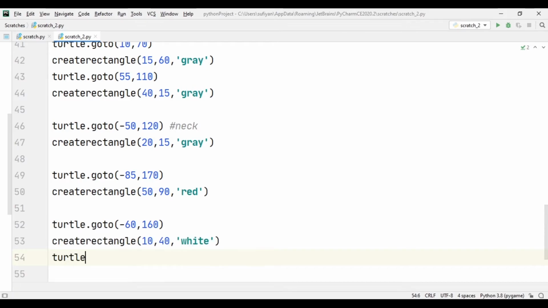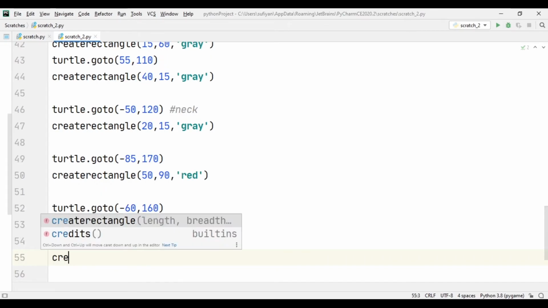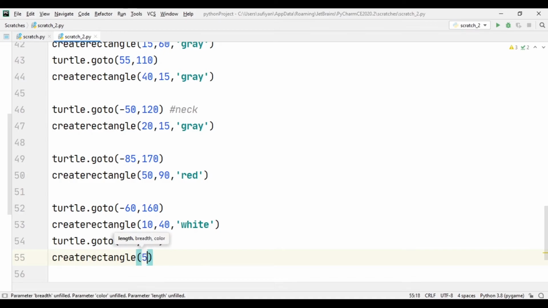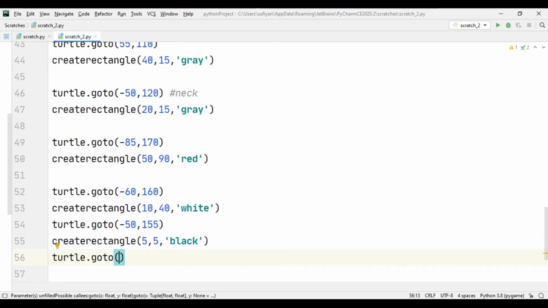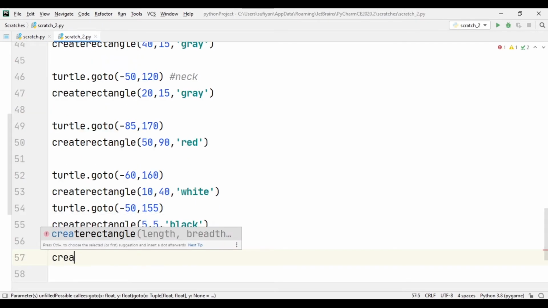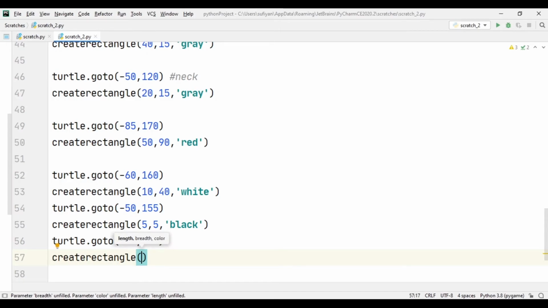Then turtle.goTo -50, 155 and create rectangle. Length and breadth is 5 and color is black. Turtle.goTo -35, 155 and create rectangle. 5, 5, black.